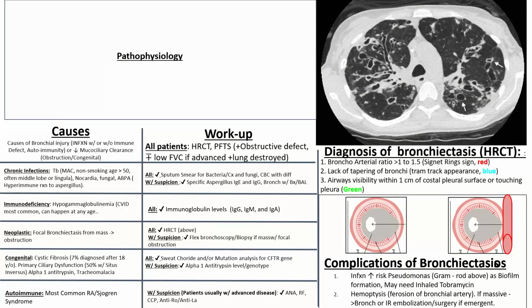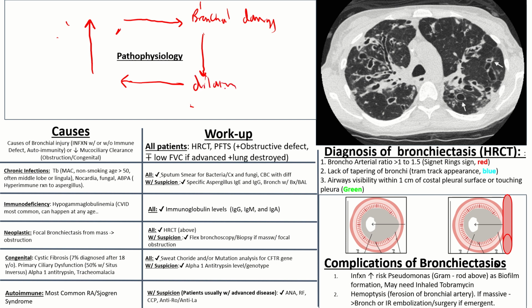All right, so we went over this a little bit. So pathophysiology of, so this will be a little bit of review, of patients with bronchiectasis is going to be that vicious cycle hypothesis. So remember, these patients get bronchial damage, which leads to dilation, which leads to decreased mucociliary clearance, and then subsequently leads to further infections, causing dilation of the bronchi. So there are a lot of different causes of bronchiectasis, and I like to use this general pathophysiology of this vicious cycle